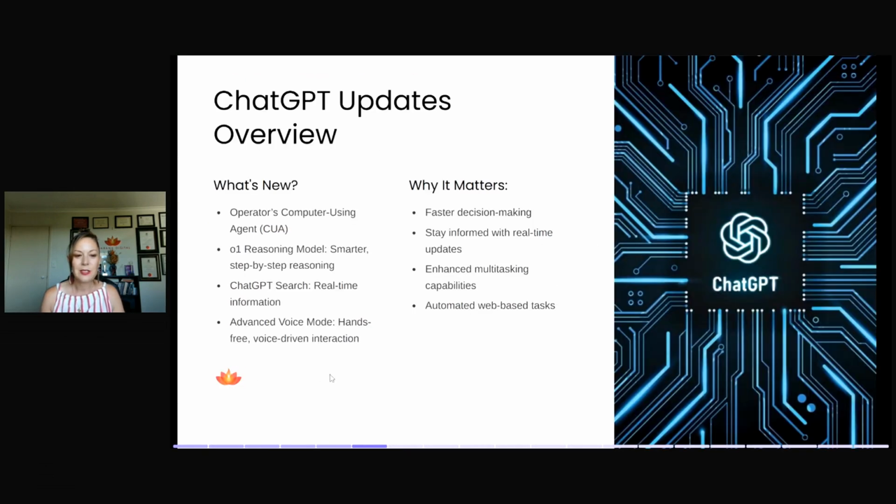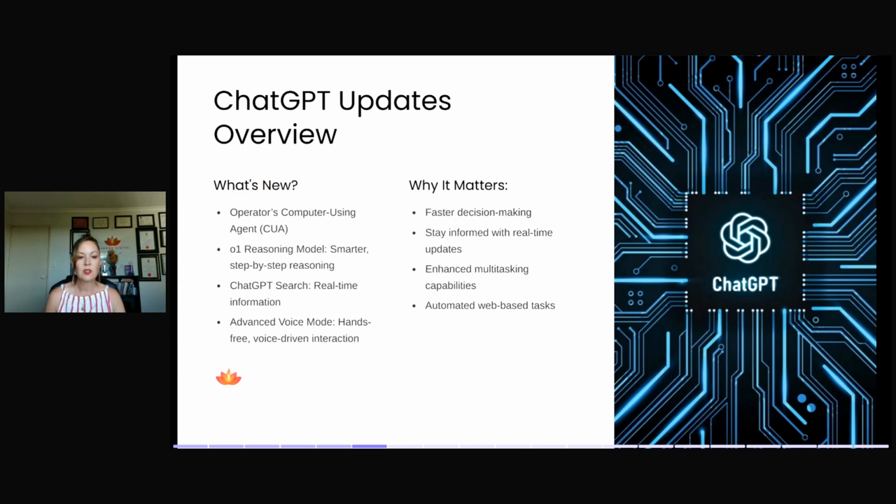Now, let's move on to the ChatGPT update. A lot of these happened before Christmas, so forgive me if you already know about these. But OpenAI did this 12 days of Christmas where they, I was going to say unleashed, which is the most AI word ever, they released all of these updates just before Christmas. And one of the big ones was this O1 reasoning model, which they already had a preview available to subscribers, but now the full version's available to subscribers, which is really cool.